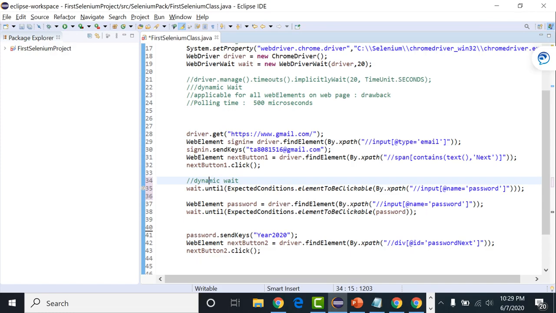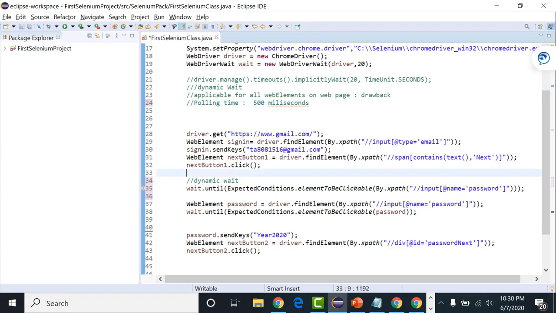It keeps on checking your element for 500 milliseconds. Sorry, I have written microseconds; this should be milliseconds. The default polling time of Selenium is 500 milliseconds. Within this range of 500 milliseconds, it keeps checking the presence or existence of the web elements where you have applied the wait conditions.